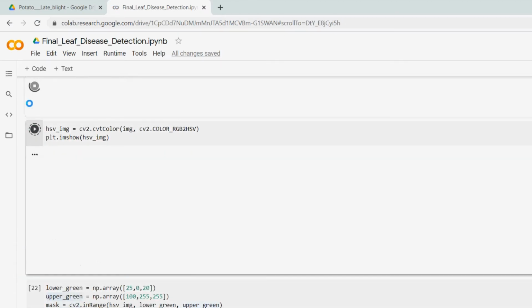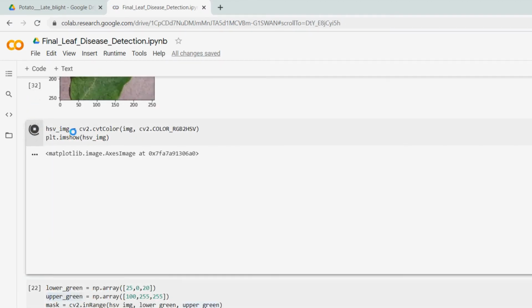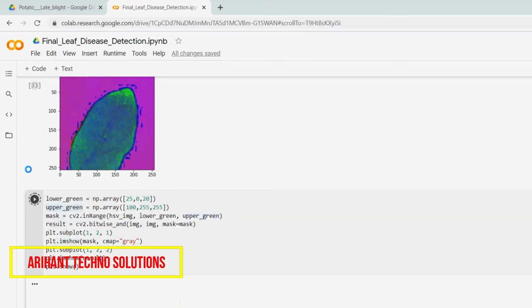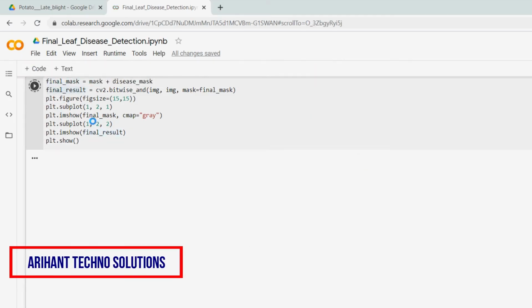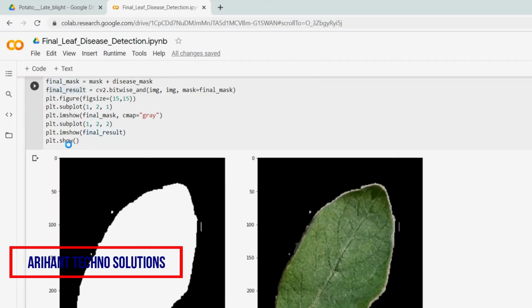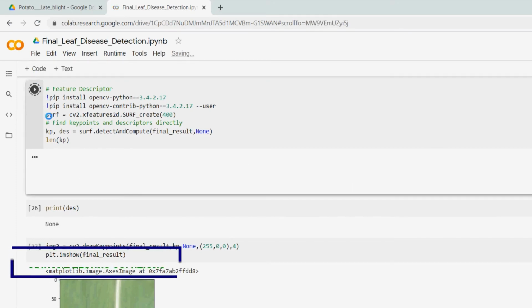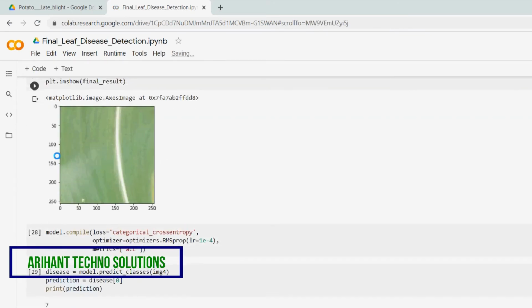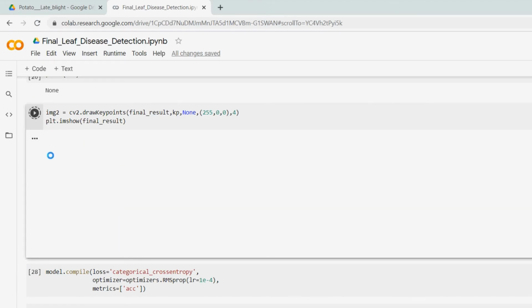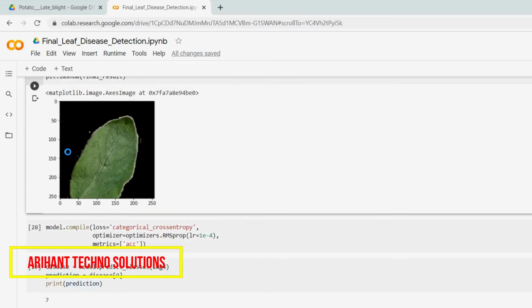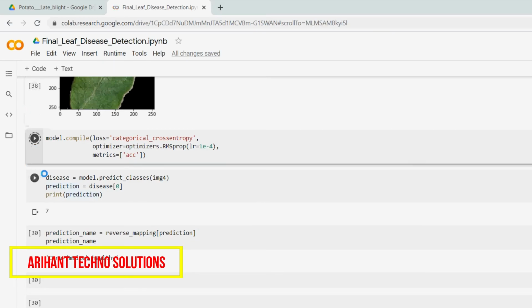RGB conversion, HSV, green masking, brown masking, overlapping. So the final result will be displayed like this.